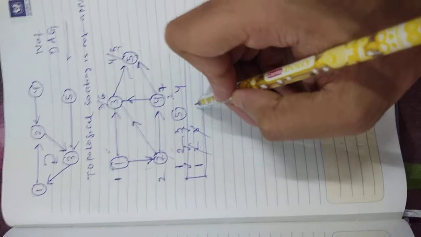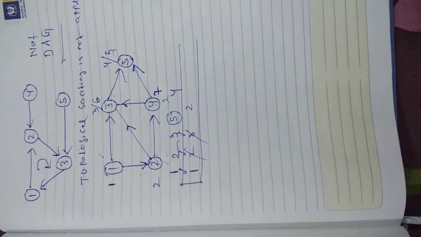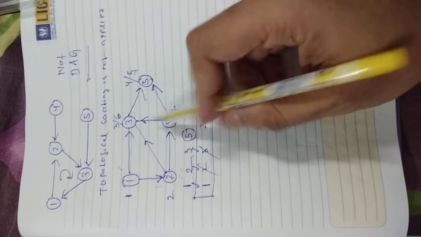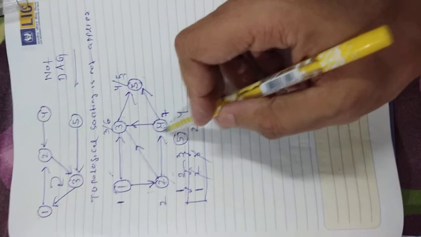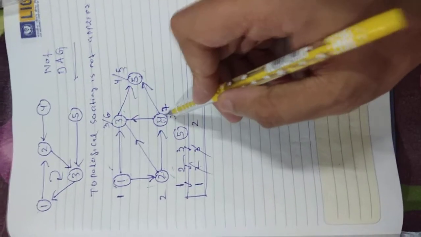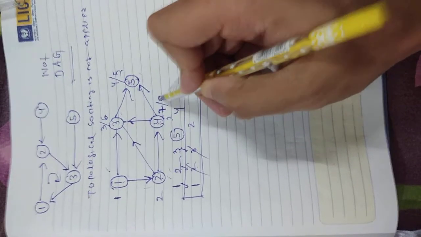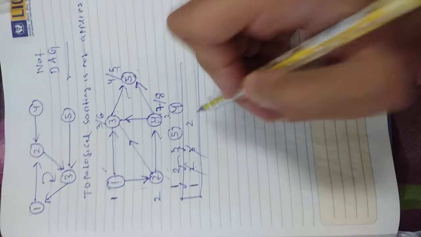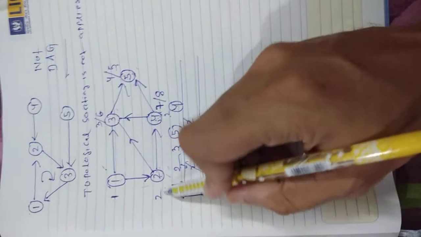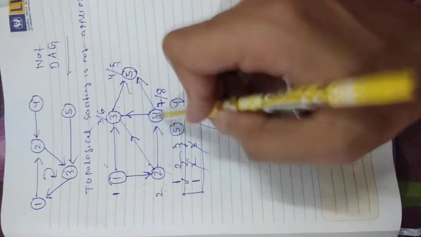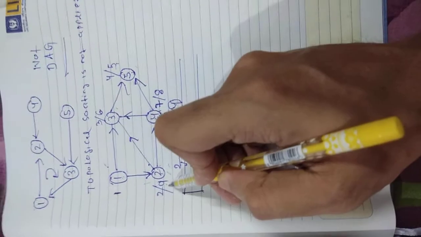Then 2 will be entered into the stack. Next from 4, the adjacent vertices 3 and 5 are both visited. That means 4 has no new vertex, so 4 also finishes its traversal at 8 time units, and need not enter the stack. Then you pop out 2. Here 2 has no new edges, since 3 and 4 are already visited. That means at 9 time units, after 8, it finishes.